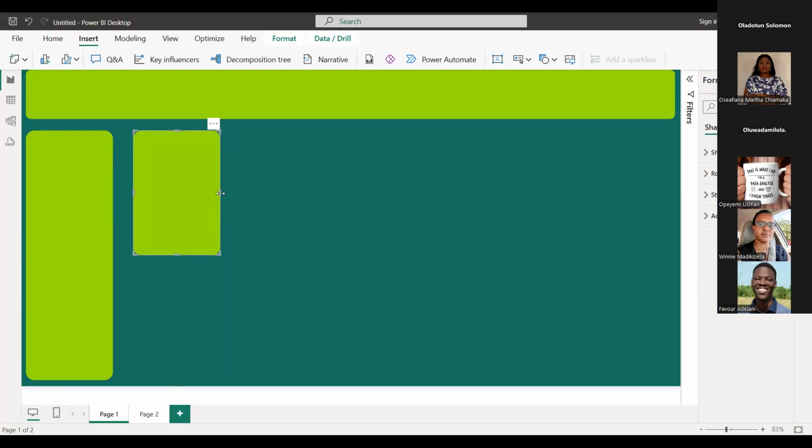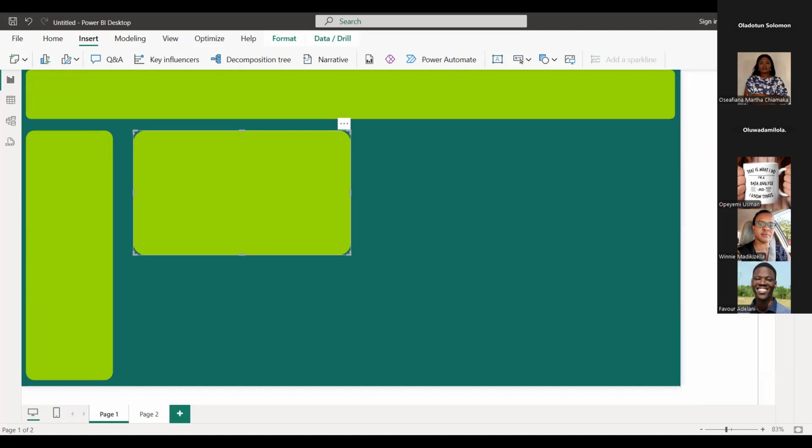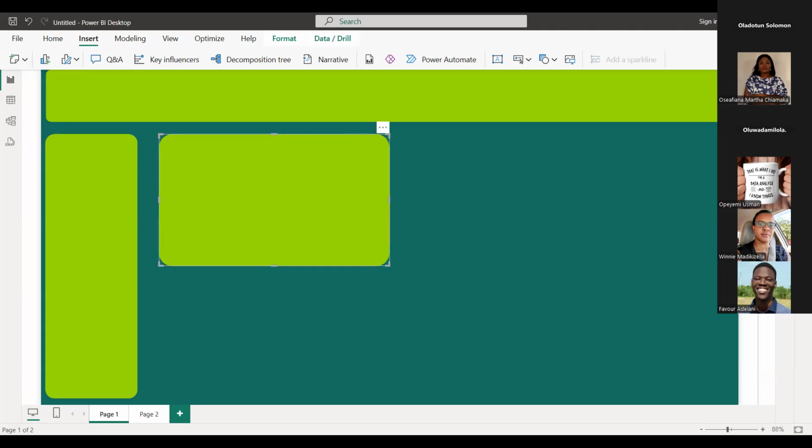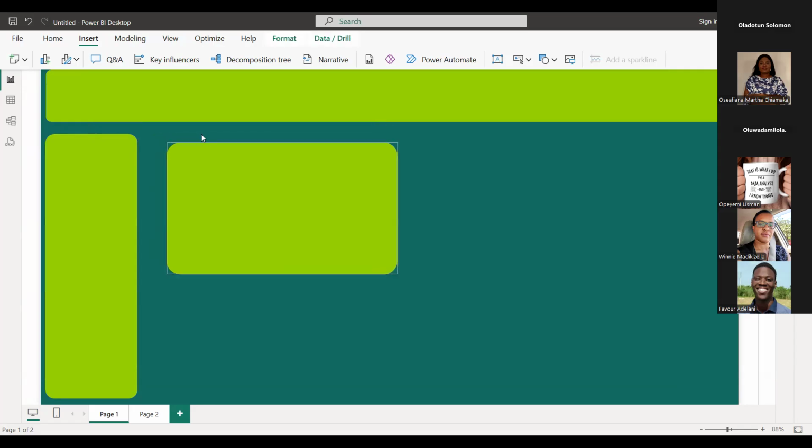You see this red line here? It is acting as a guide to let you align the objects properly. So instead of using green, I want to change the color of this shape to white. So if I want to change this shape that I'm on now to white, can somebody quickly tell me, how do I change from what I showed us earlier? How do I change the color of this shape here to white?